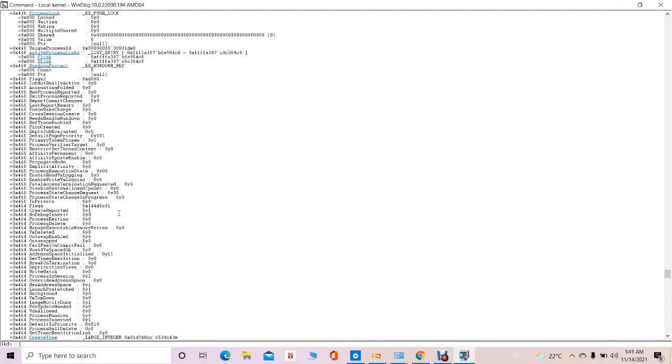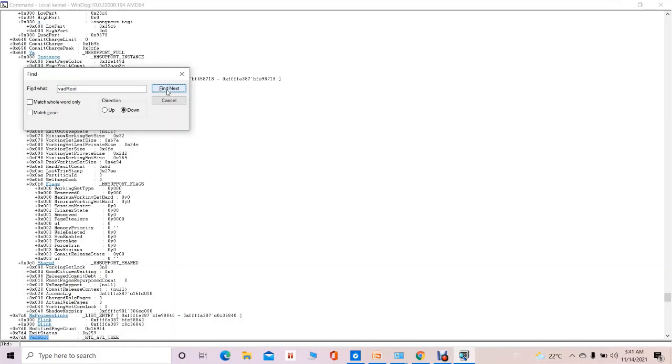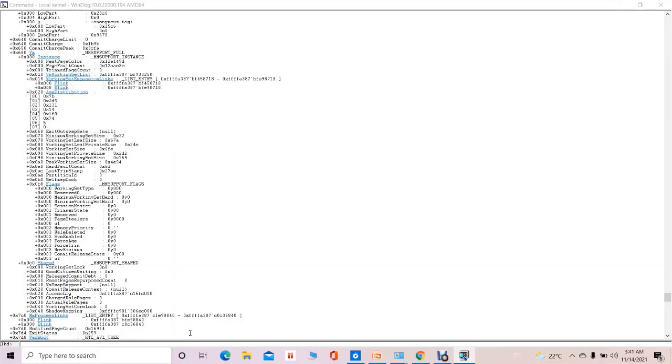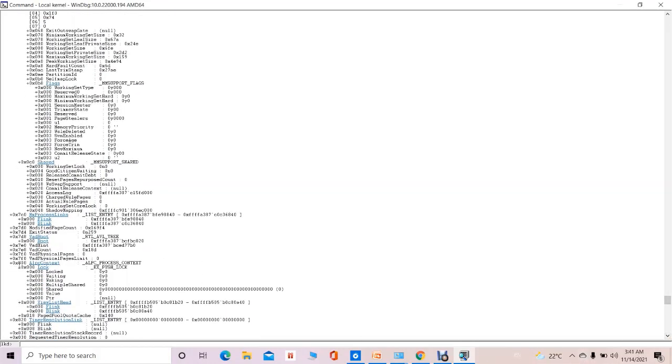Similarly, the vad root address we can obtain by using this vad root. Search for it down. Okay, now the vad root for this is available here at the bottom at the offset 0x78.